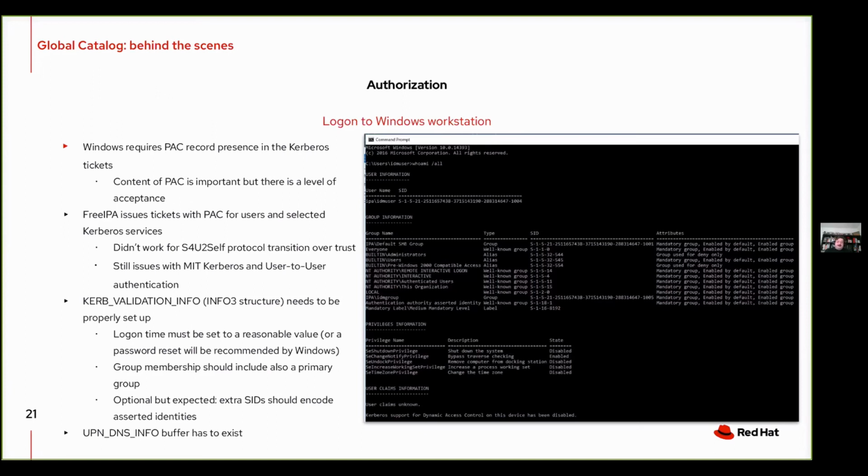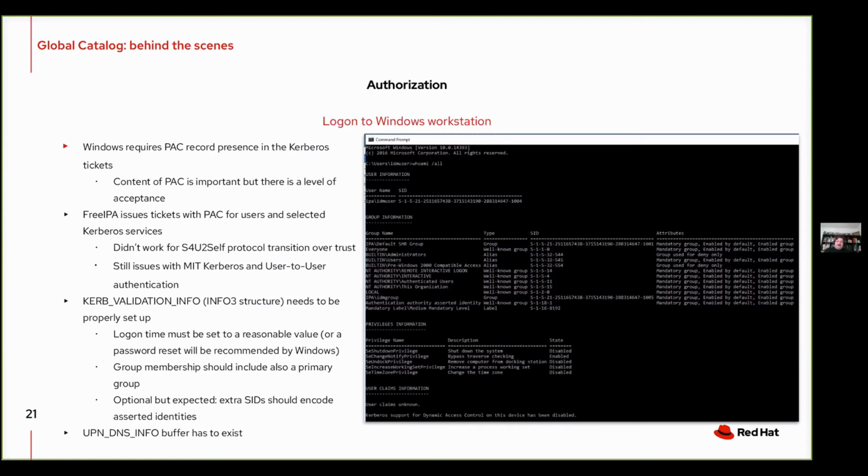The other thing was that the group membership in Info3 structure has to include the primary group, aside from the fact that primary group has a separate field in the Info3. So unless you add this primary group in, which we didn't do when we read MS-PAC spec like 5 years ago originally, some services wouldn't allow you to log into them. So for example, Microsoft SQL Server denies your IPA users because of that.